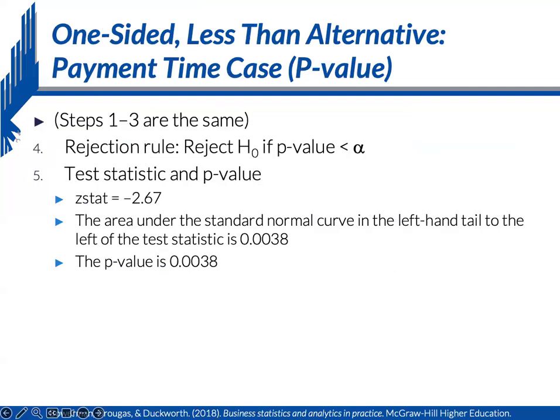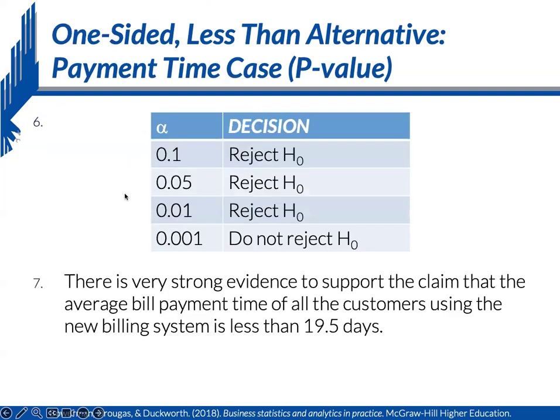And when you compute for that, you will get 0.0038. So you can get this again either from the standard normal table or using the normal distribution functions in your calculator. You will get the same probability, which is 0.0038, and this is the p-value. And this is what we will compare to the four values of alpha. If this is less than alpha, then we will reject the null hypothesis. So using the same set of values for alpha,